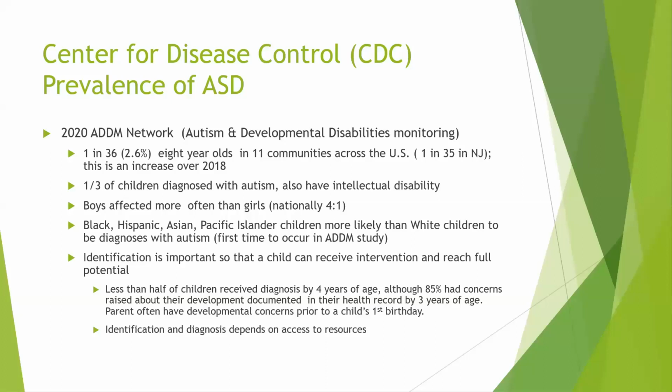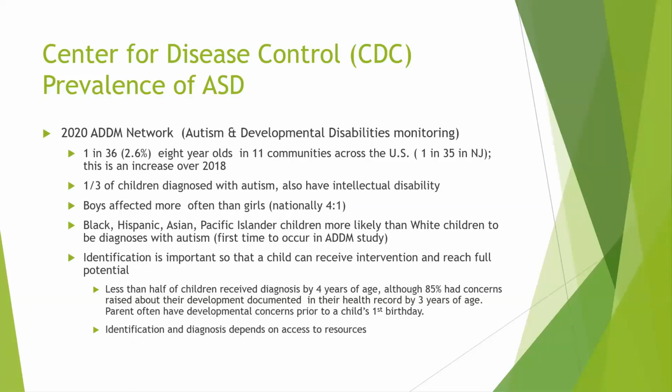made the determination. Now, 1/3 of those children diagnosed with autism actually have intellectual disability as well. So this is a high comorbidity there. And boys are affected more often than girls. Nationally, the ratio is as much as 4:1. And I would attest to this clinically. Definitely in the office setting, I would attest to this 4:1. That's how often this is manifest more in boys than in girls.